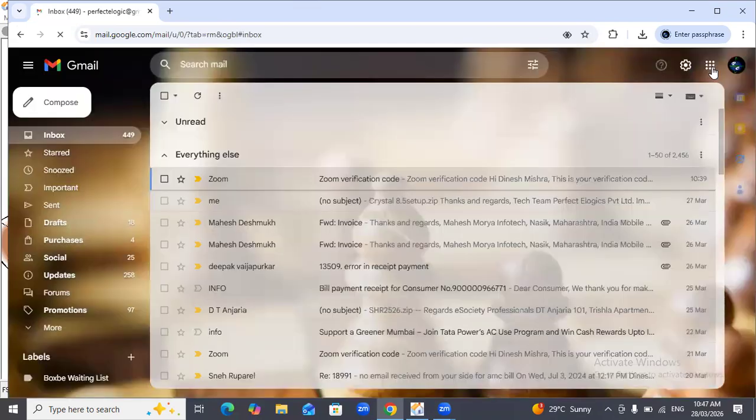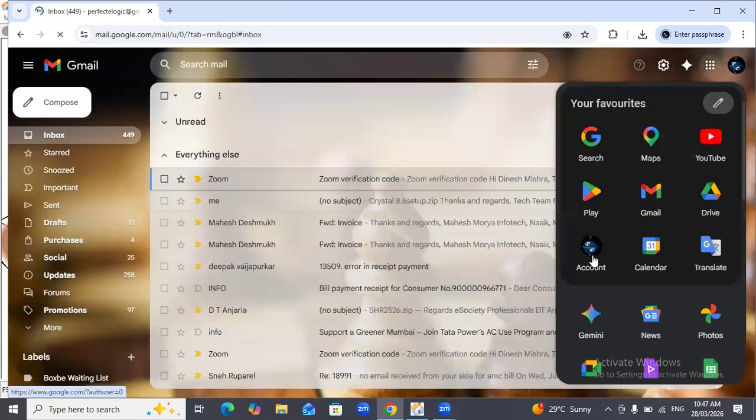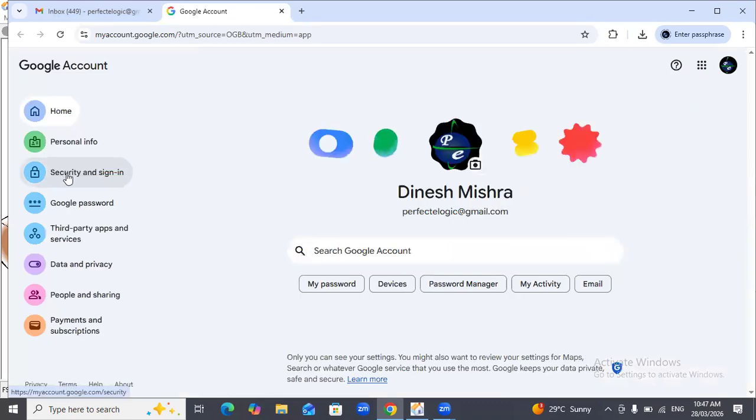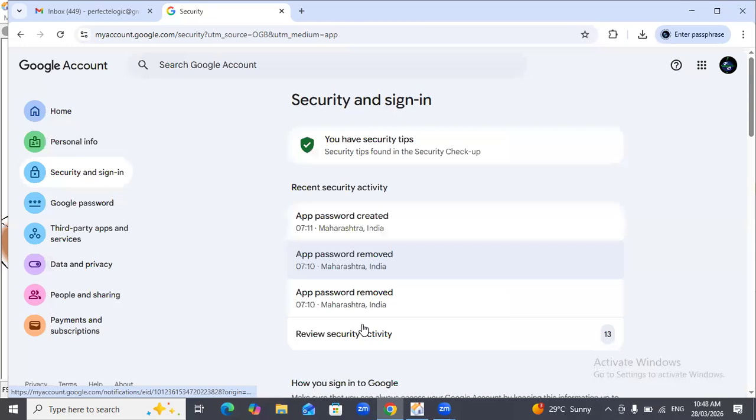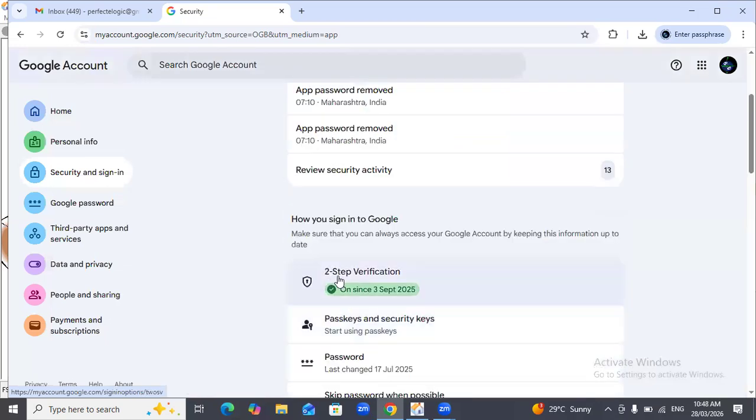Now click on this 9 dot. Go to accounts. Now go to security and sign in. You have to verify that here two-step verification is on or not. If this two-step verification is not on, you have to turn it on.